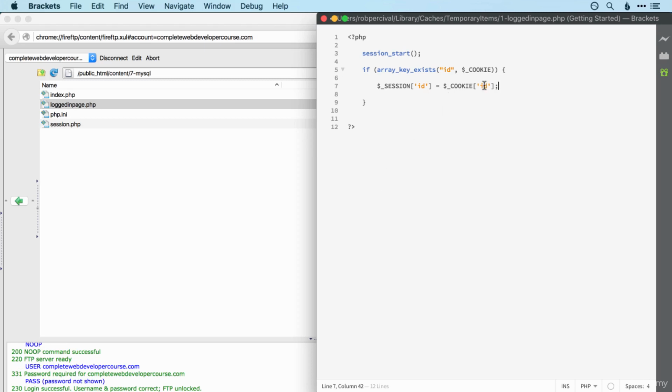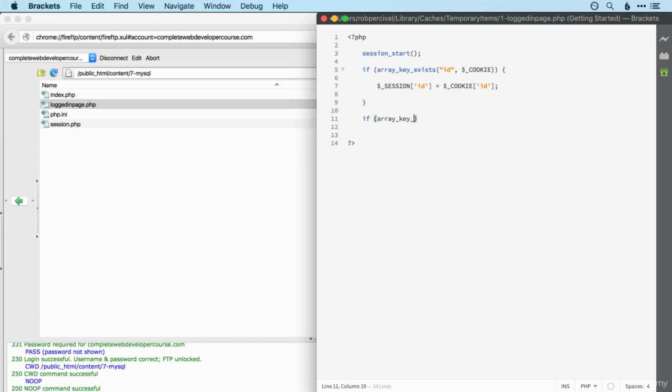So that's a pretty simple way to have a session and cookie set up in one go. So if the user has a cookie, then we update the session to equal it, and then we can refer to the session everywhere else. And essentially we just recreate the session every time that we need to. And then we'll check to see if there's a session. So again, if array key exists, and this time we're looking for the same key, but we're looking in the session array. So if that's the case, we'll echo logged in,